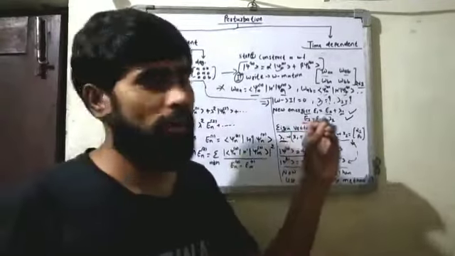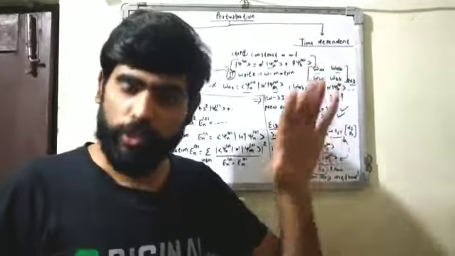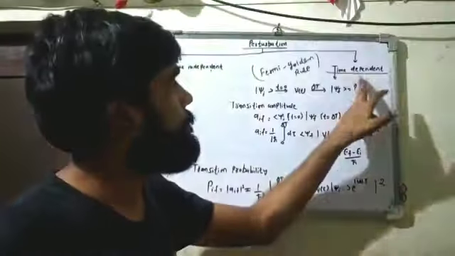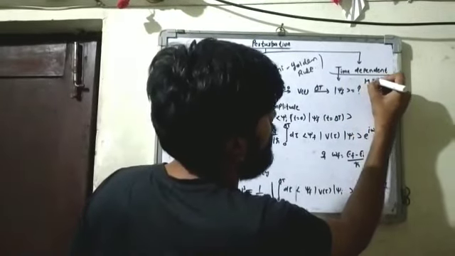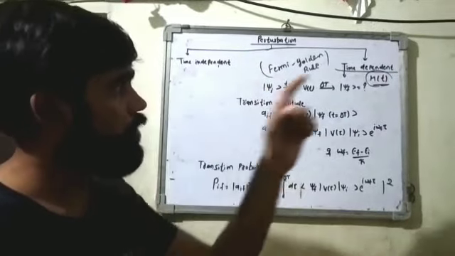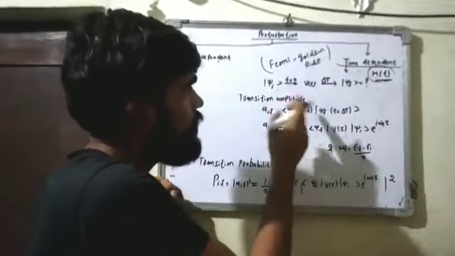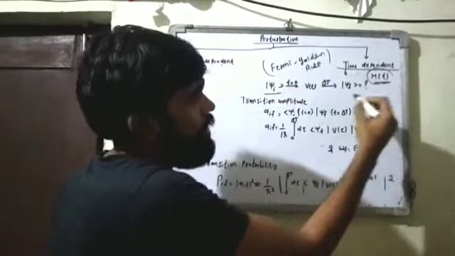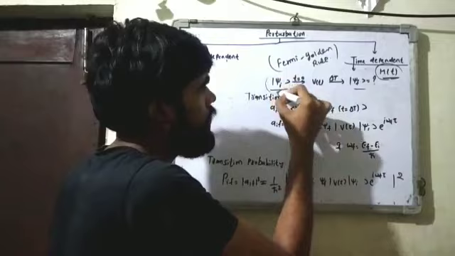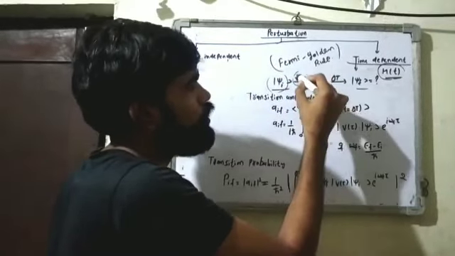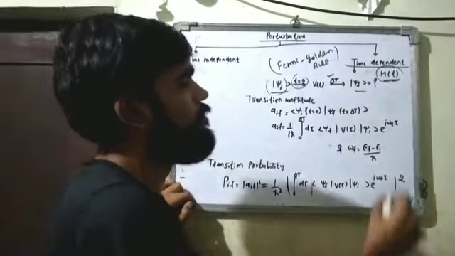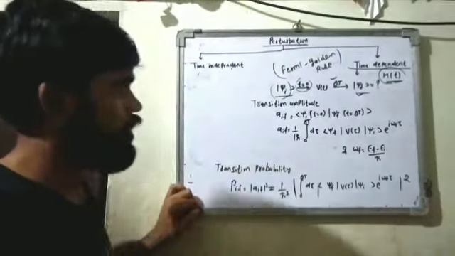Okay, now we will talk about time dependent perturbation theory. Time dependent perturbation theory contains a time explicit Hamiltonian. Okay, to solve this type of problem, we find the initial and final state of the wave function. Let the initial state at t equal to 0, wave function is psi i. After delta t time interval, the wave function will be psi f.